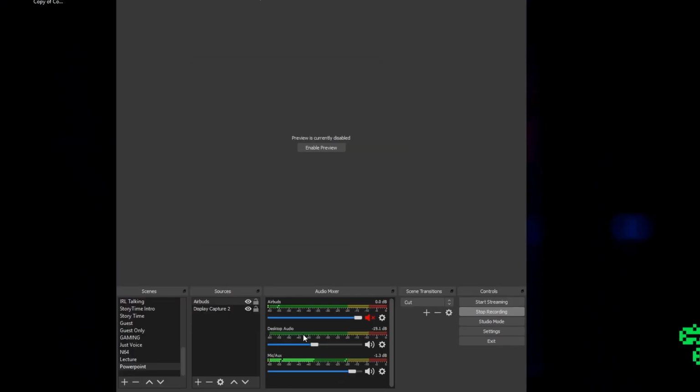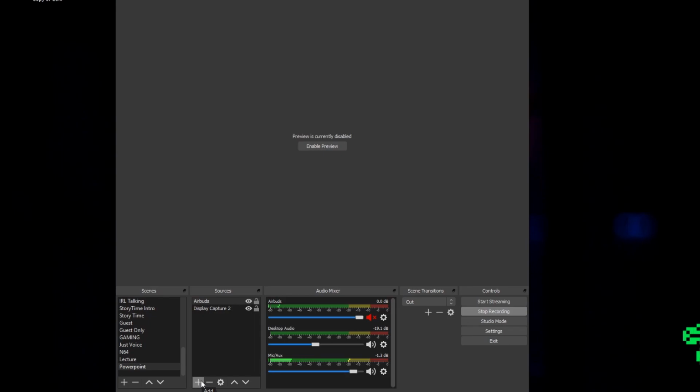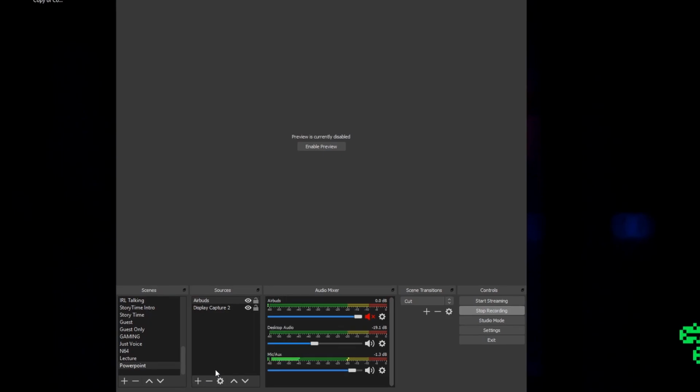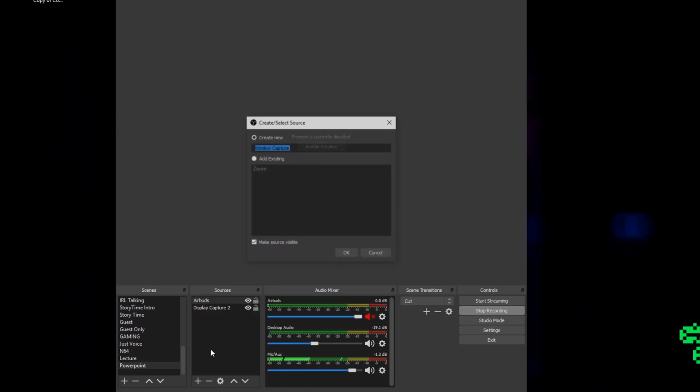So after that, you need to figure out what you're going to be sharing with the class. For me, I have a PowerPoint, and what you need to do is have that lecture or have that open in another window. You're going to click the plus button. And for this one, we're going to do window capture because we want a certain window in our computer to be captured and to be projected. So click window capture,